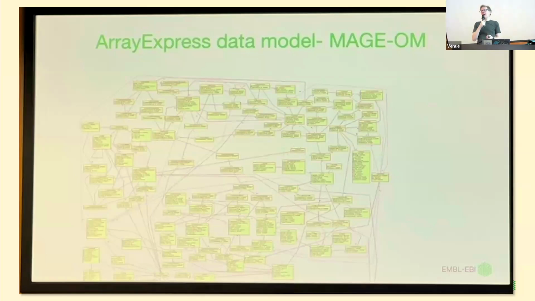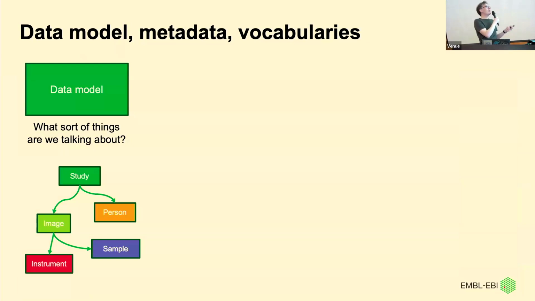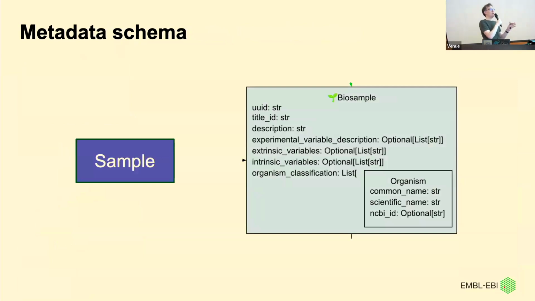We can put up simple diagrams about data models, but as soon as you get into the weeds, it gets more complicated. Okay, so data model is what are the kind of things we're talking about. Next part, and sometimes these are merged, and I think it's useful to separate them for a reason I'll talk about in a moment. For each of these things we talk about, you then want to start to understand what's useful to describe about that thing.